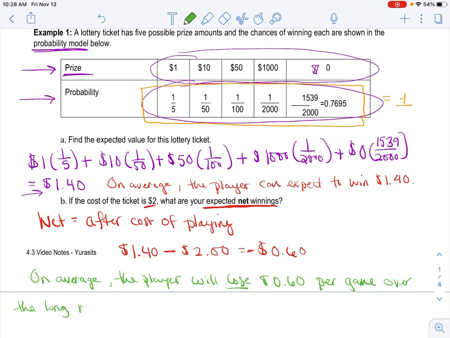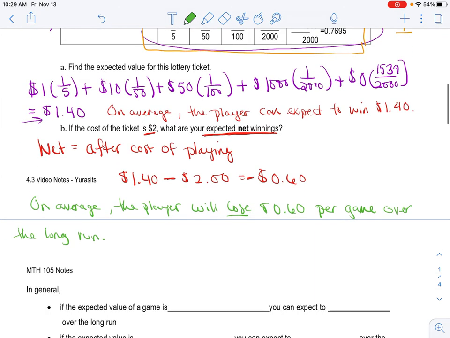So again, you could go and buy a lotto ticket and hit it big and you just got lucky. But if you keep playing this throughout the year, you on average will lose 60 cents per lotto ticket that you buy. Because remember, you could win big and the next 10 times you lose and so forth. All right. So let's just make a little